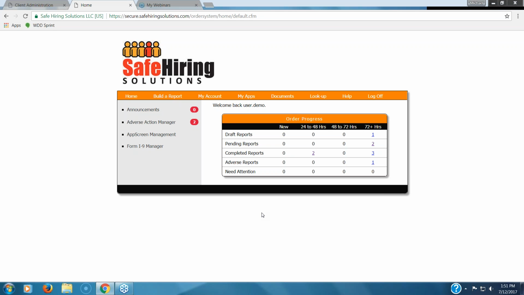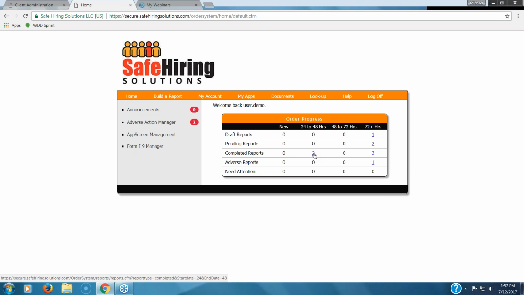Keep in mind that if you initiate the pre-adverse action letter, you absolutely must follow up and do the adverse action part of the process as well. The system can automate that for you. We have tools in place that will let you know you have someone in queue that you need to initiate the secondary process for, which is the adverse action process. But to actually initiate